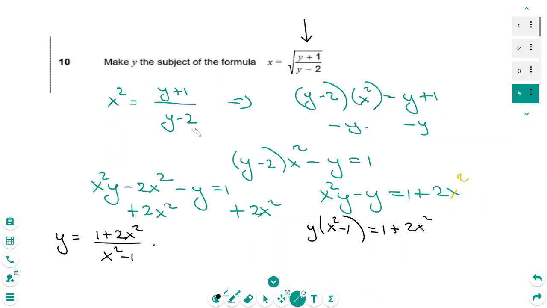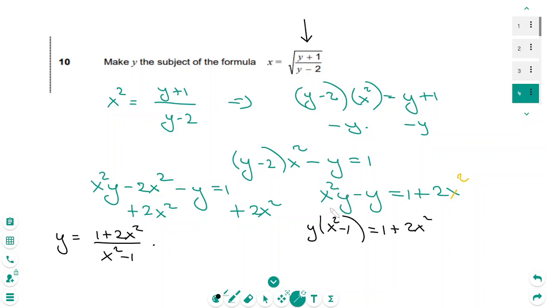And since I have two y's, one on the right hand side and one on the left hand side, I need to expand the bracket on the left hand side and bring all the y's into one side. So I subtracted the y on both sides to bring all the y's into the left hand side. And after that, I multiply the brackets and then factorize, because on the left hand side I have two y's,